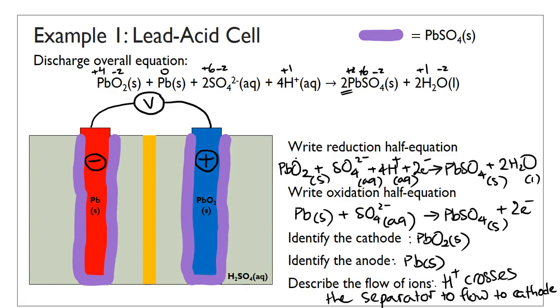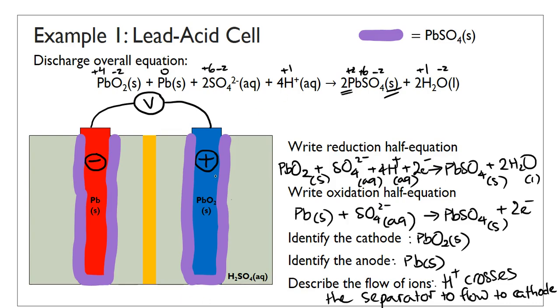But the product of discharge, which is PbSO4, first of all, is a solid, and second of all, it is able to stick onto the electrodes after it is produced, so it remains in contact with the electrode. So you don't have PbSO4 dropping to the bottom of the cell or getting washed away by the electrolyte, even though obviously in a cell you cannot guarantee that 100% of the PbSO4 or the lead sulfate produced will stick onto